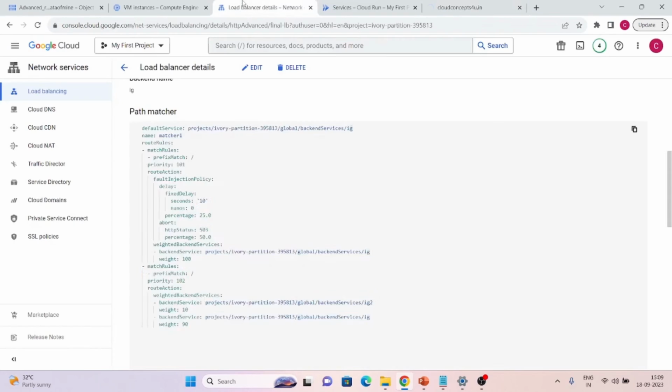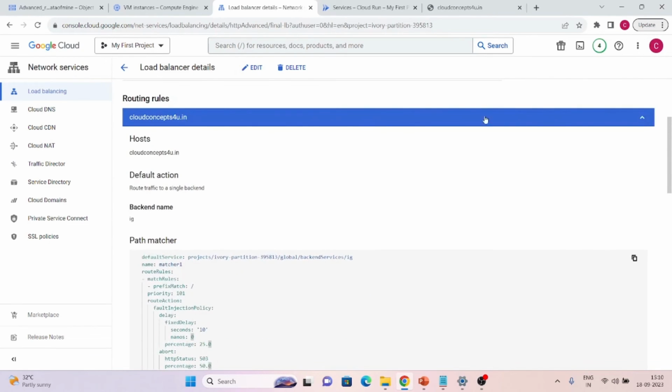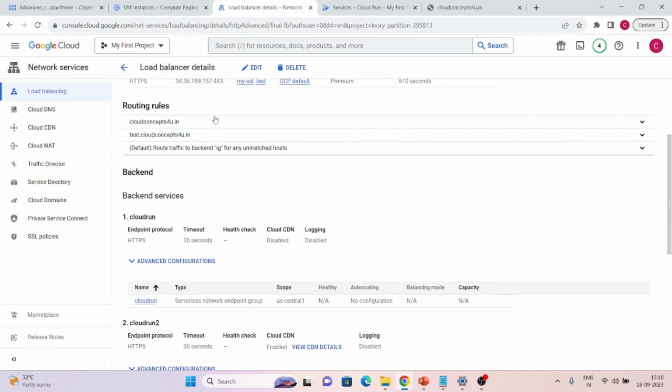Multiple things we can add. Now our traffic will not move to this policy because the other match rule is taking precedence. It will send all traffic to IG only, because both prefix matches are the same. If we change this prefix match, then it is possible that it can send traffic to this. We can even rewrite the URLs, like if anyone sends traffic to slash test slash anything, it will rewrite the traffic again to our route only. So we have multiple options which we can try here. It all depends on how you want to use these routing rules. It is quite complex, so it must be done carefully.